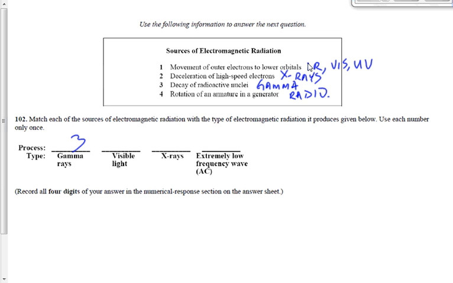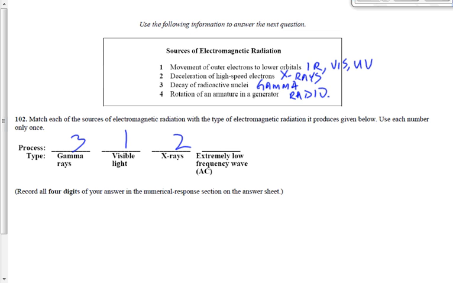All right, let's look at it. So we've got gamma rays, which is number 3. Okay, good. Visible light, which would be number 1. X-rays, which would be number 2. Extremely low frequency waves. I don't like that term. But in the end, just like in the last question, we're okay with this. We're seeing a slightly different term here because we can deduce the answer from the question. It's the only one that's left. I don't like that term though, because in the end, it is going to be ridiculously low frequency radio waves,